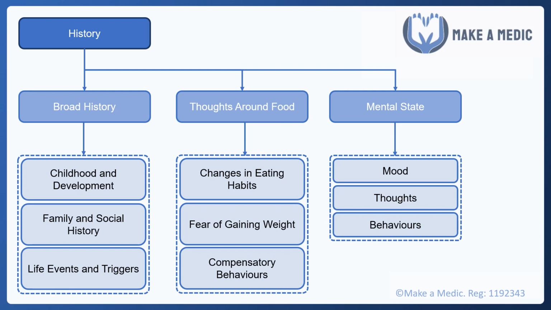And finally, we need to take an overall look at their mental state. Anorexia nervosa is sometimes associated with other psychiatric diagnoses and neurodevelopmental conditions, and also an increased risk of self-harm and suicide. So we need to do a full mental state examination, including risk assessment. In terms of mood, some people with anorexia nervosa feel low or struggle to regulate their mood. Thoughts can be preoccupied with food or with body image or negative self-talk, and observing behaviours may allude to co-presenting neurodivergence.